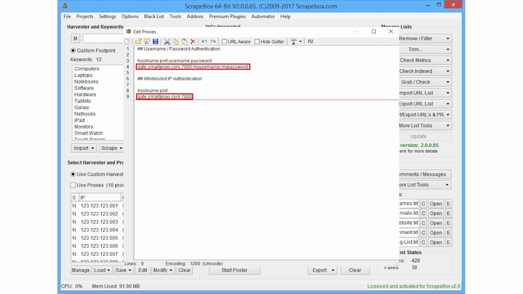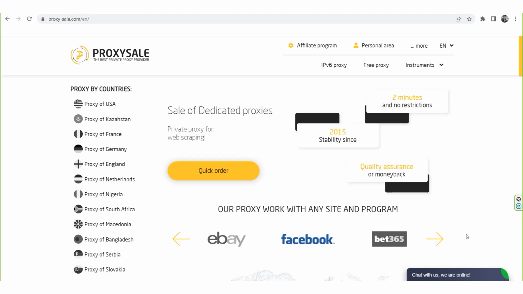Once everything is set, click Save. Congratulations! You have successfully set the proxy. In the workspace where the proxy section is, you can see that the proxy is now set and ready for use in your work. Let me remind you that your work as well as your accounts may be at risk